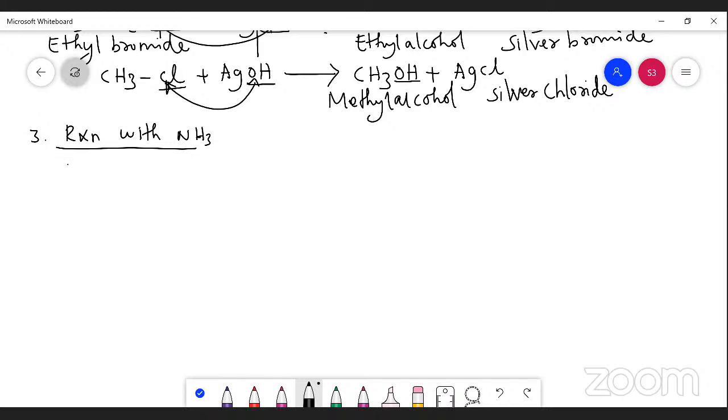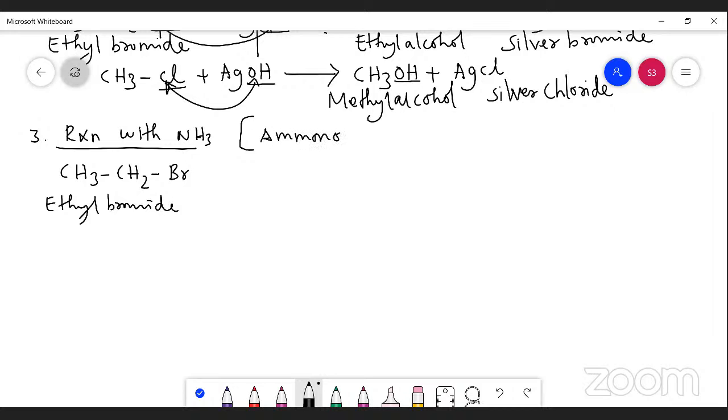Let me take, for example, CH3CH2Br. Okay, so ethyl bromide. So in that ethyl bromide, I can add ammonia. Okay. So whenever you add ammonia into the reactant molecule, generally we can call it by the process name as